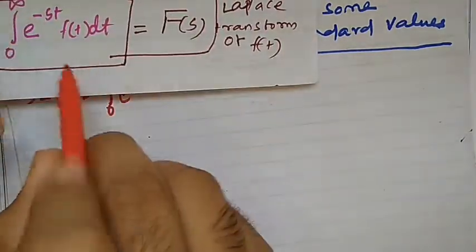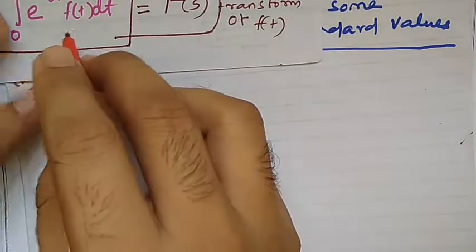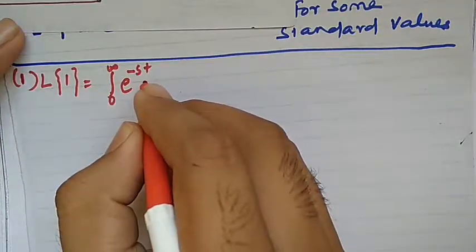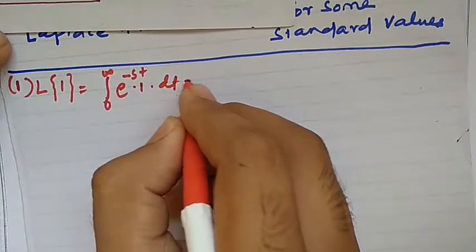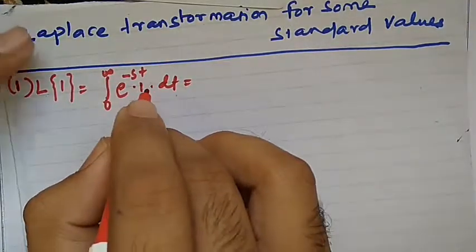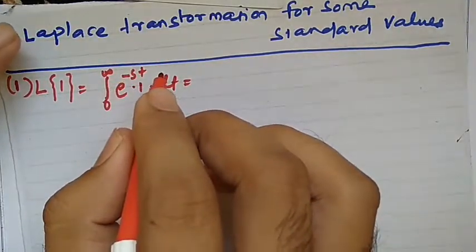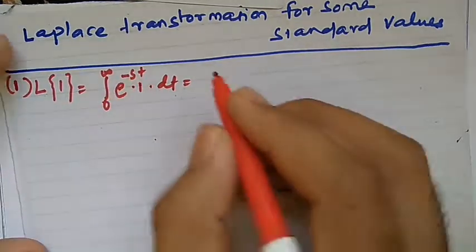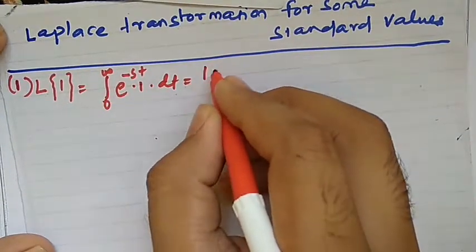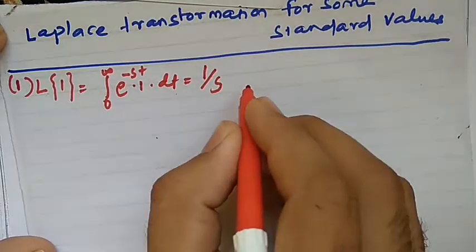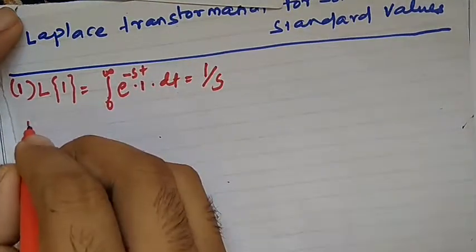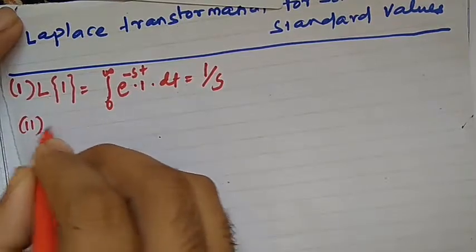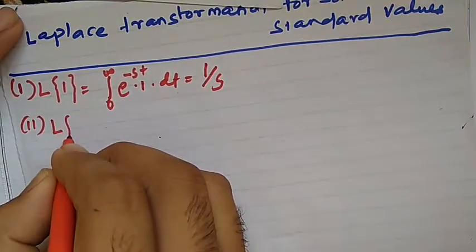Here f of t dt. So our f of t is 1, into dt. By solving this integration and putting the limits of t from 0 to infinity, it will be 1 by s. So the Laplace transform of 1 is 1 by s. Second,